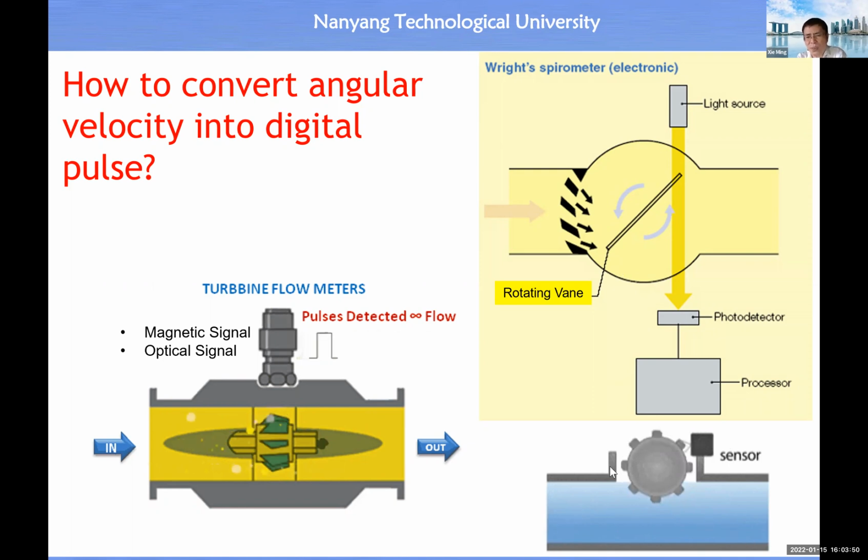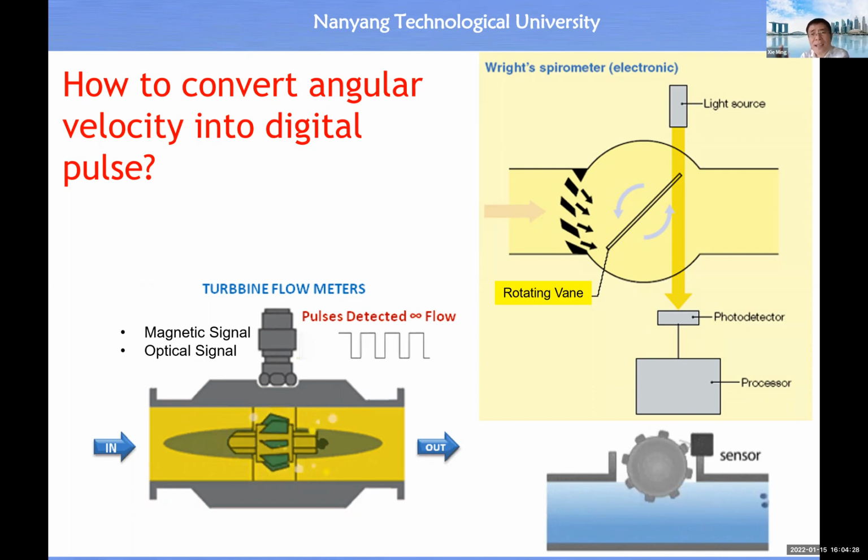Another way to produce a rotating wheel is this example. Assume each tooth is a permanent magnet, okay? They use a Hall effect sensor, and then you should be able to produce a pulse as output. So in practice, it's not an issue. You have plenty of solutions to convert angular velocity into digital pulses. In the simplest case, if you have a rotating shaft here, you can attach an incremental encoder there, and the incremental encoder just outputs the pulses.